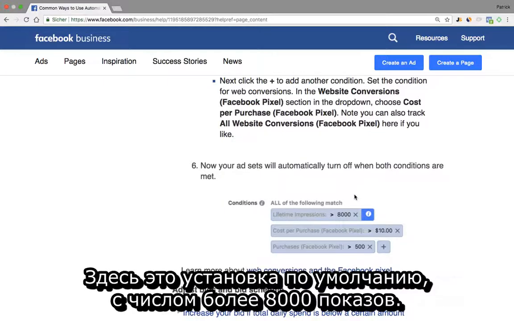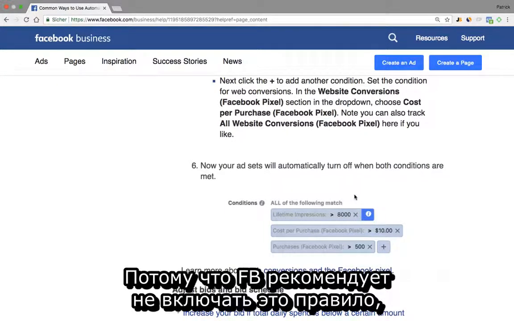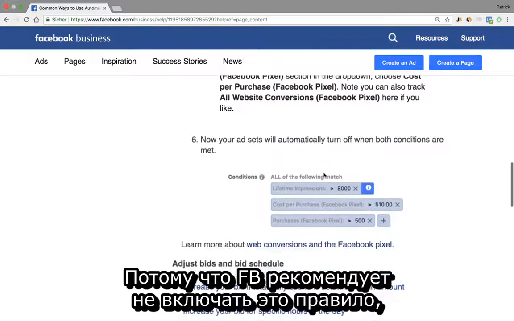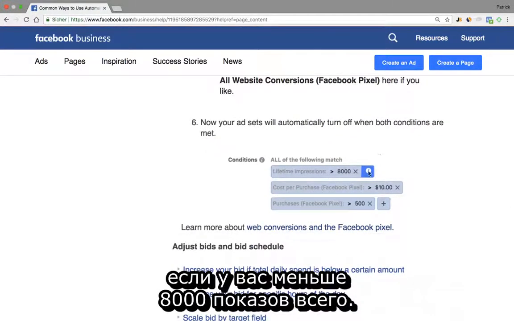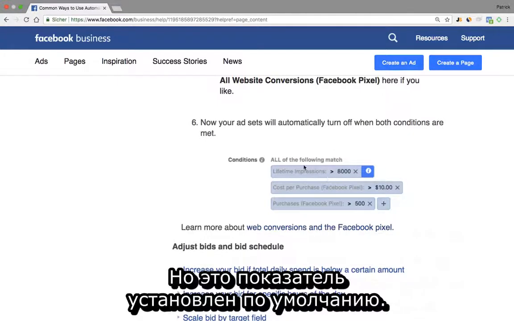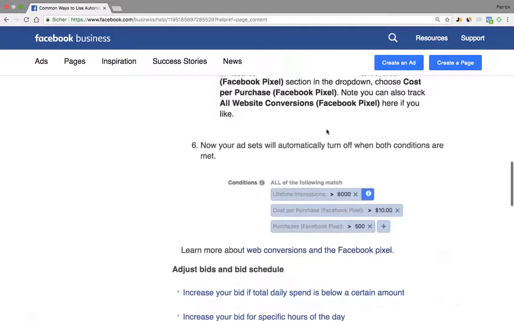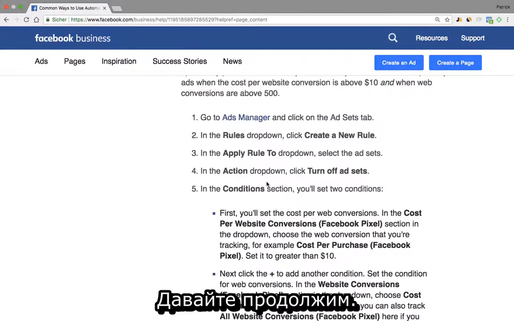So this is per default there anyways, with over 8,000 lifetime impressions, because they recommend to not apply those automated rules if you have less than 8,000 lifetime impressions. But this is set up anyways per default. So let's continue